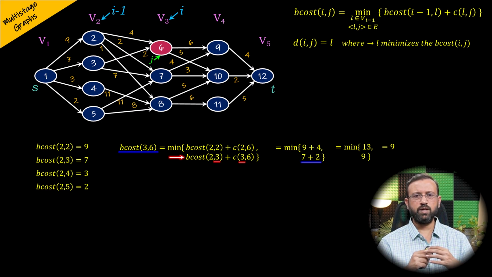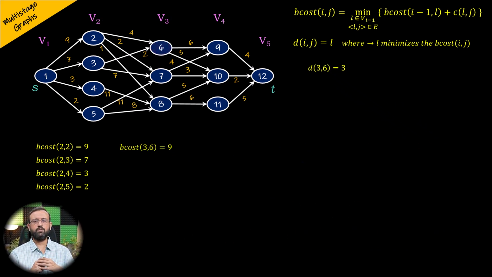So, since the minimum cost of the path from stage 3 and vertex 6 is 9 through vertex 3, therefore D of 3, 6, where 3 is the stage and 6 is the vertex, will be vertex 3 that minimizes the B cost 3, 6. Then we have to compute the cost of the path from stage 3 and vertex 7, which is the B